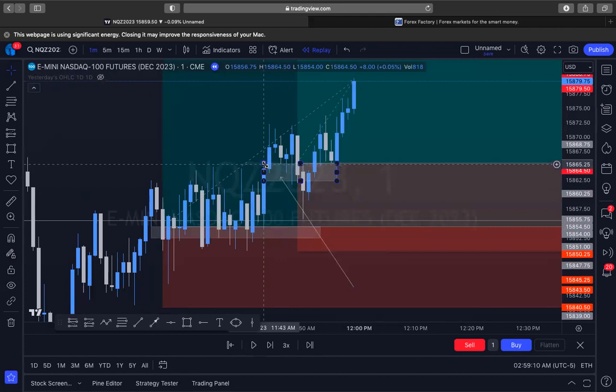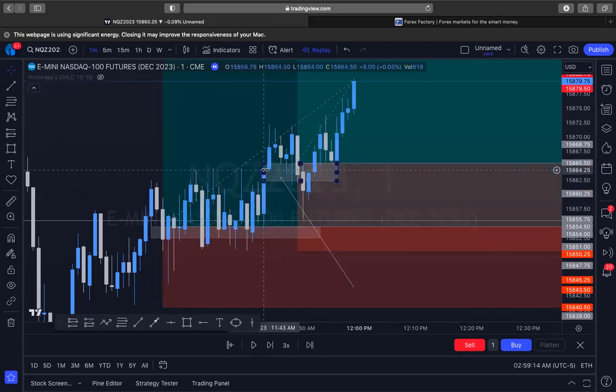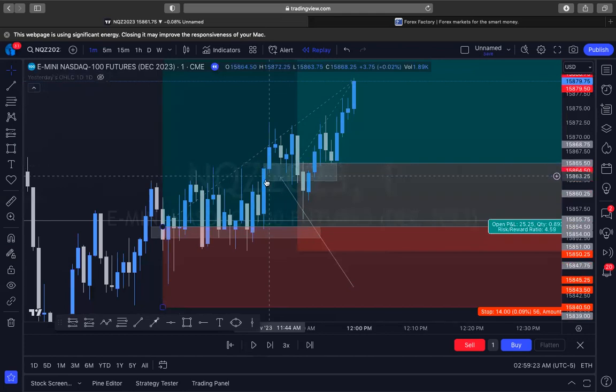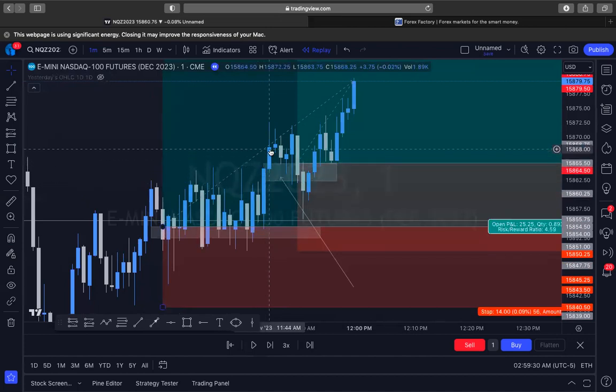Like there's no wick from this previous candle. I'm trying hard for this cursor not to block it, but if you look at this candle, it doesn't have a wick where it overlapped this candle, like this one here. You see that the wick overlaps this candle? Right here, there was no wick that overlapped to say, hey, there was enough people to get into this trade or entries, right? Or to fill. Like this one here, you can see that this wick dipped a little bit.